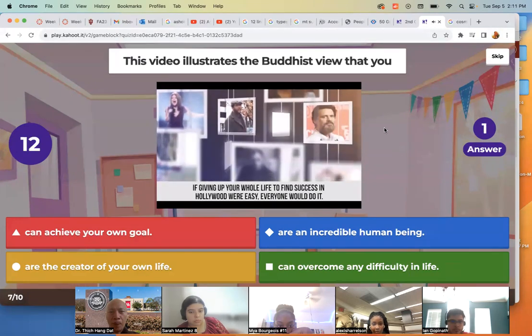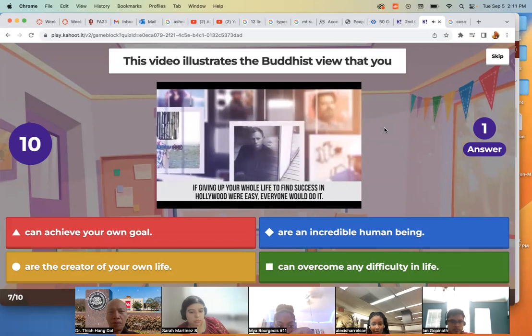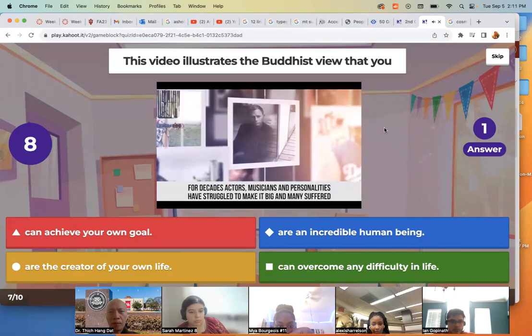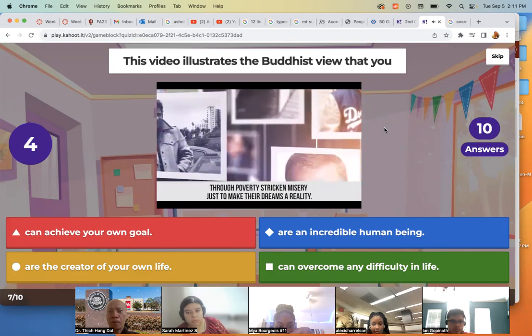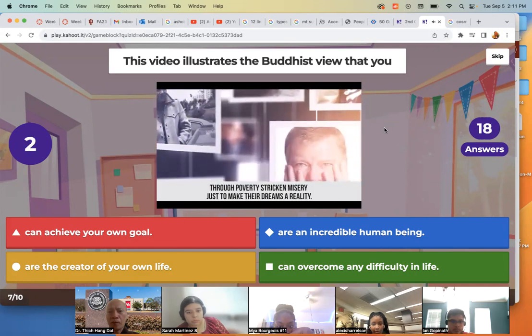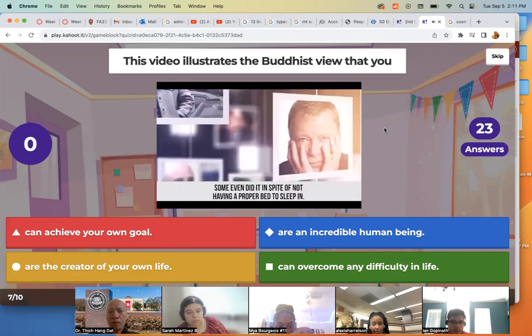If giving up your whole life to find success in Hollywood were easy, everyone would do it. For decades, actors, musicians, and personalities have struggled to make it big, and many suffered through poverty-stricken misery just to make their dreams a reality. Some even did it in spite of not having a